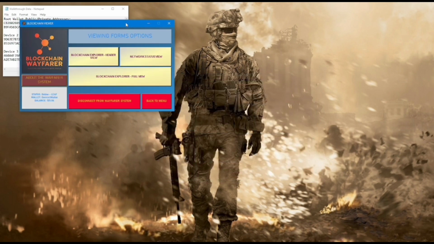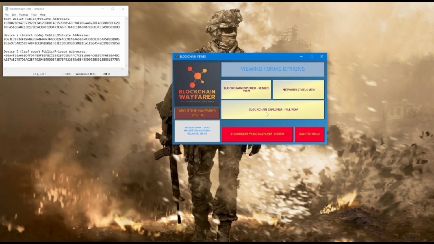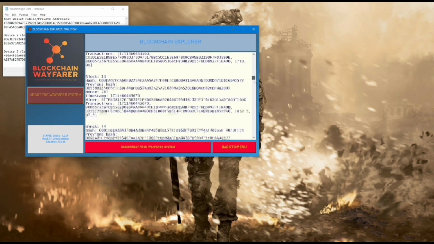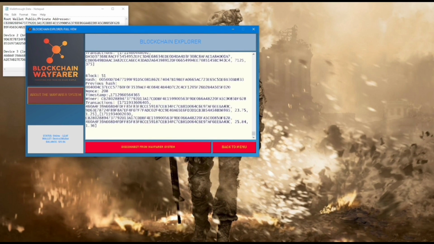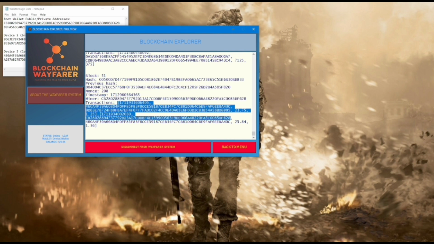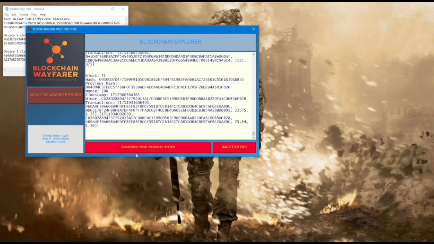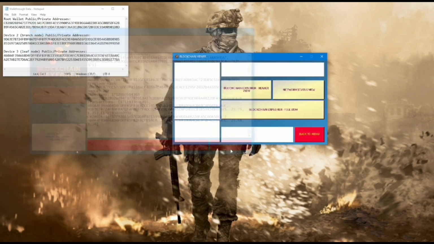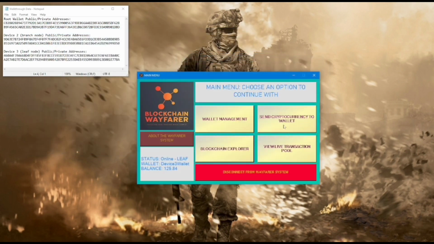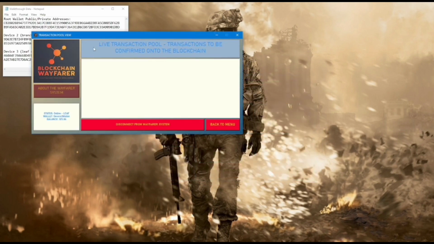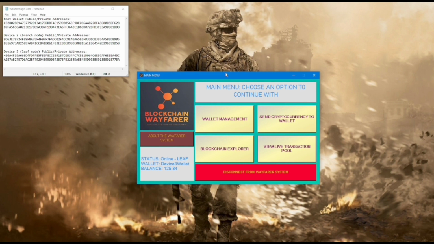Again, as with the previous device 2, I'll show the blockchain explorer on the correct block 51 with the same hash, the same previous hash, the miner node as well being the root wallet, and the 2 transactions being the same. Balance is obviously 125.84, and the transaction pool again is empty,